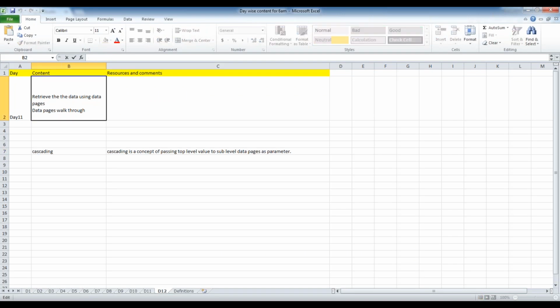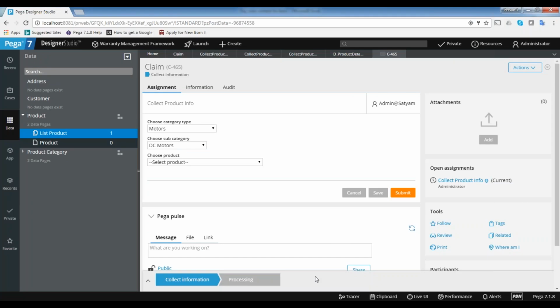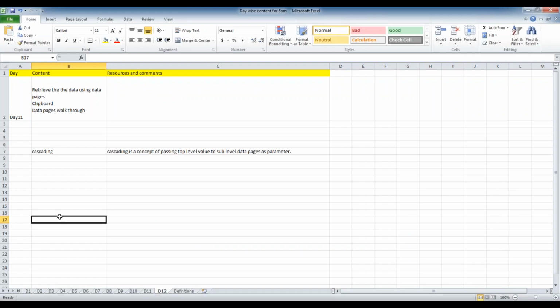So before that, let me add the clipboard. We should have discussed this before this topic, but I forgot the clipboard. So clipboard is one of the debugging tools. We call it the initial debugging tool. So what is the main purpose of the clipboard? Clipboard is nothing but a memory.